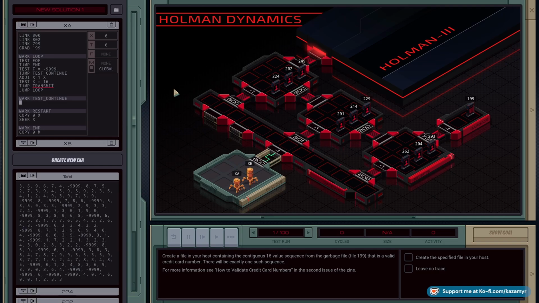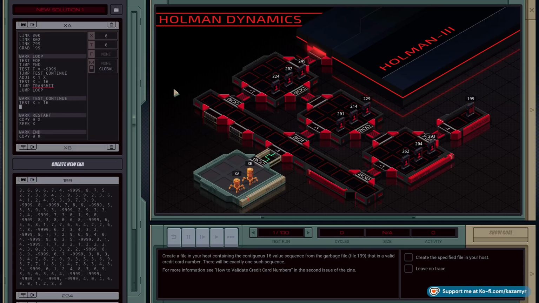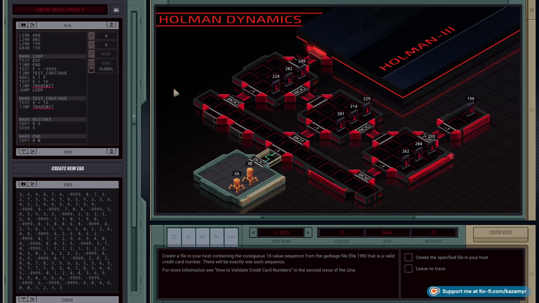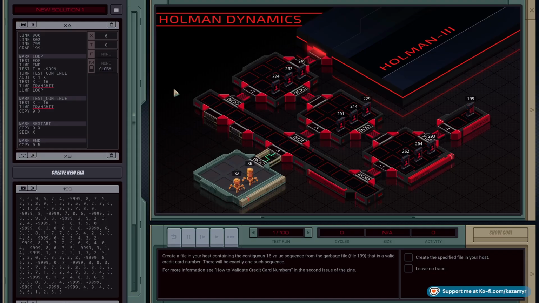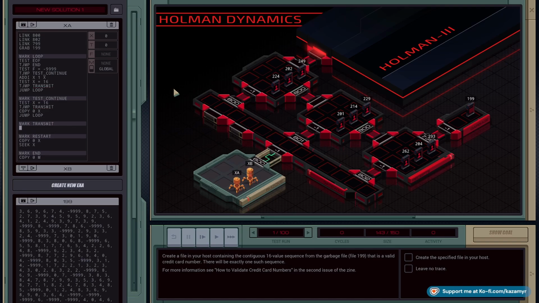It's subtle, but it's different because test x equals 16, t jump to transmit. If it's not 16, we need to copy 0 into x and jump back to loop. That's why it's different. And then our transmit, it knows that it's 16 at this point, so it simply seeks